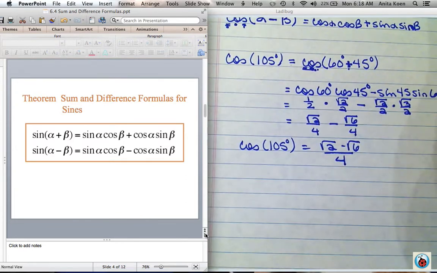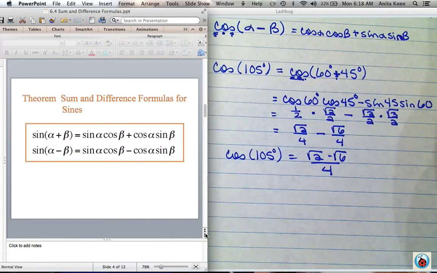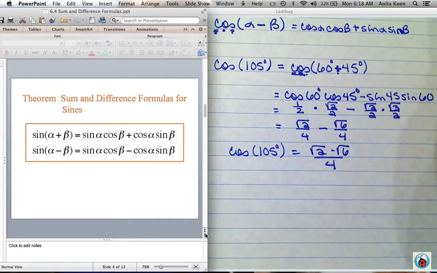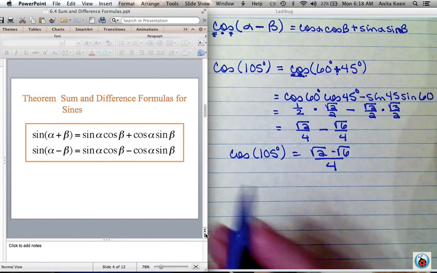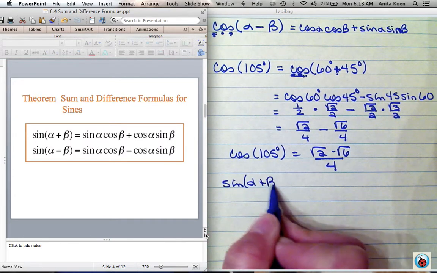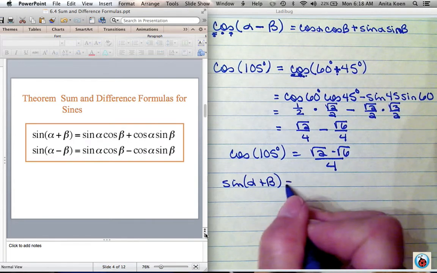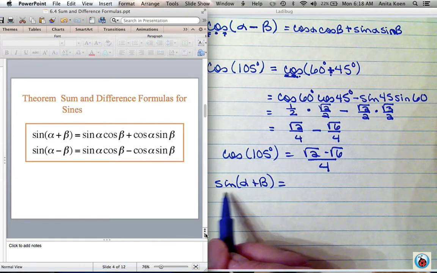And I hope you'll still be able to see that without any difficulty. The sum and difference formulas for the sine. Okay, now the sum and difference formulas for the sine are: the sine of alpha plus beta, make sure I'm on the screen, is equal to, now these are different than